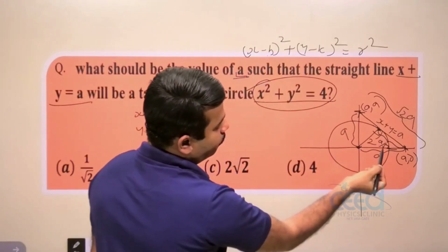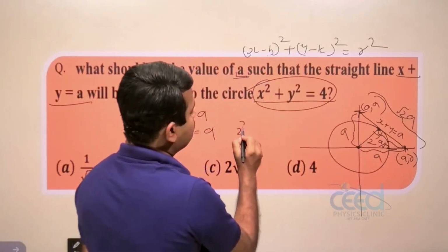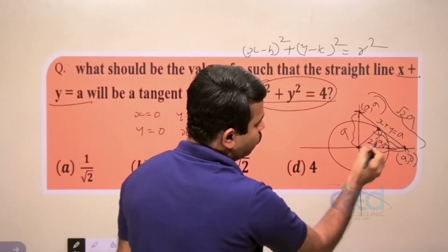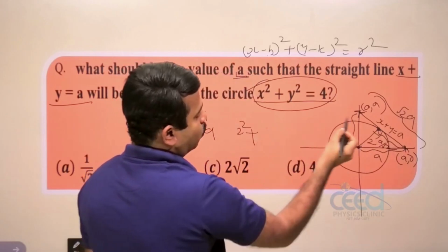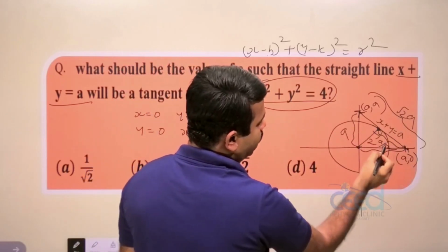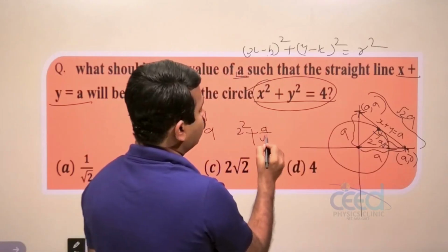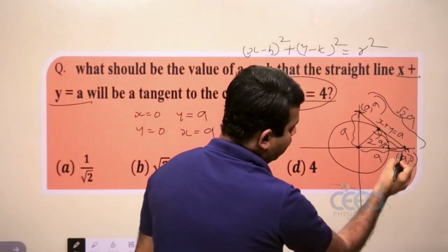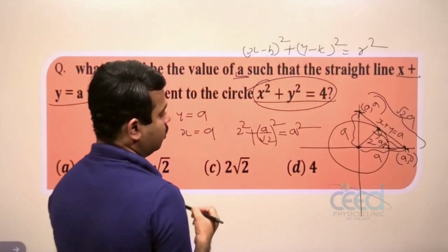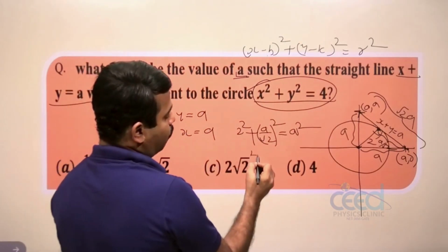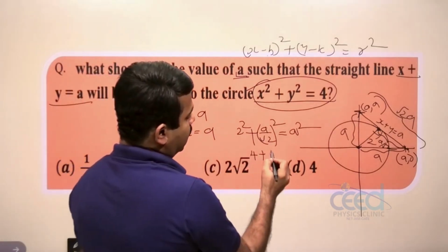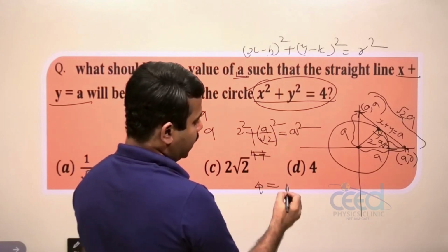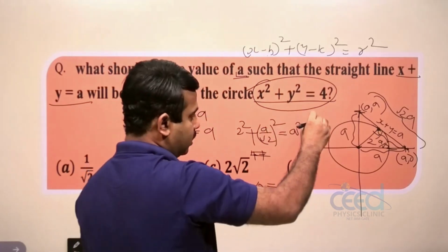2 square plus this length square, this is base square, this altitude square, that is root 2A by 2, that is A by root 2. A by root 2 the whole square is equal to this length hypotenuse square, that is A square. That means 4 plus this, 4 is equal to, I can write 4 is equal to A square minus this is A square